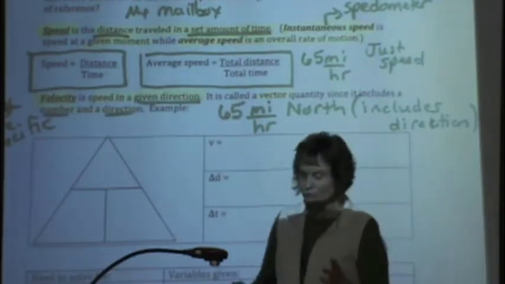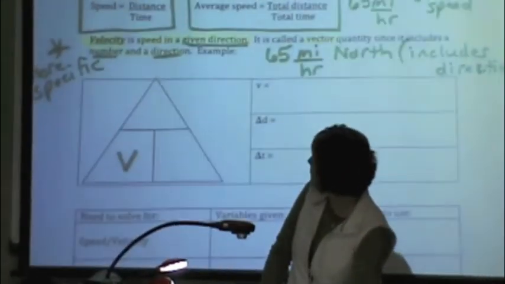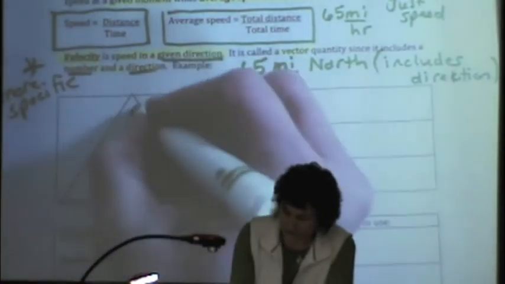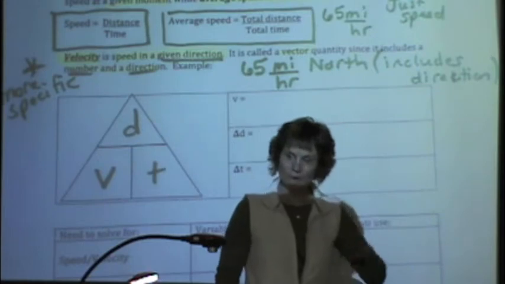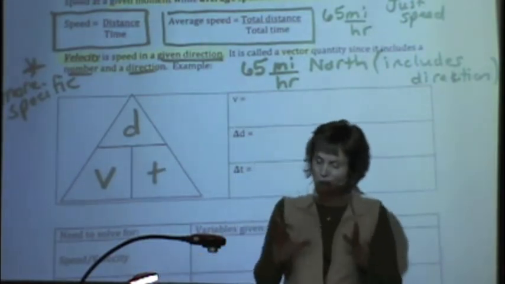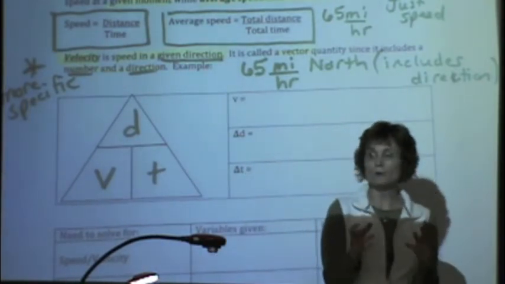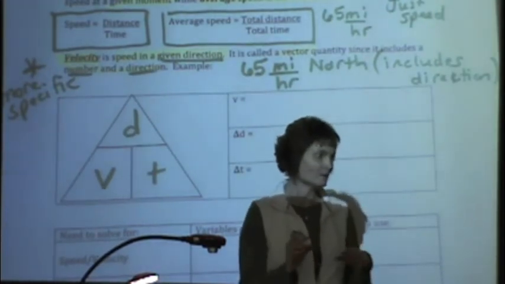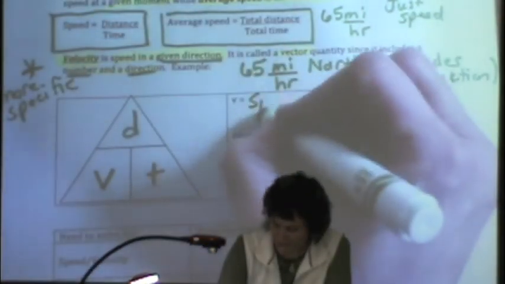Now lastly, we're going to use a triangle, and the triangle is going to allow us to solve for any one part of the equation. So put a V on the bottom here, put a D on the top, and put a T right here. Now, here's the deal. Some of you are in advanced math classes, some of you are in algebra, and some of you are in algebra half. So this triangle is going to help every single person to keep track of units and be able to know that you've done a problem right. In physics, keeping track of units is a key part of you being successful. So basically, V stands for speed, you guys. Speed